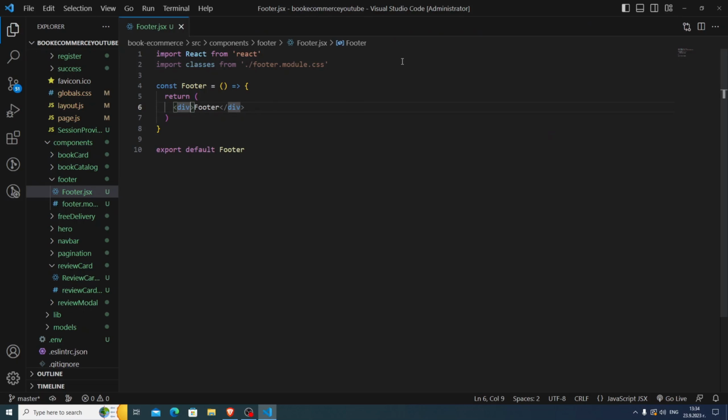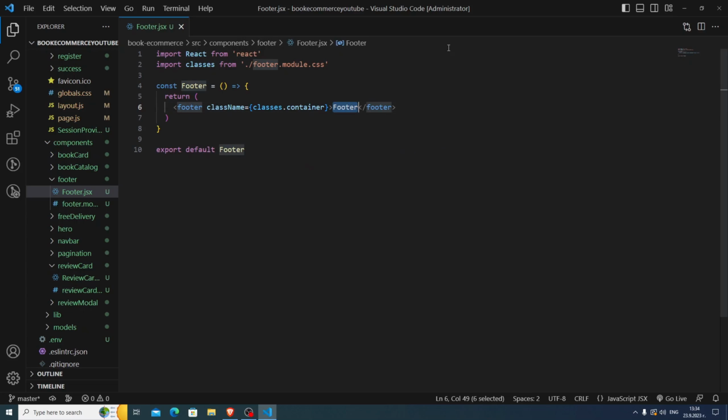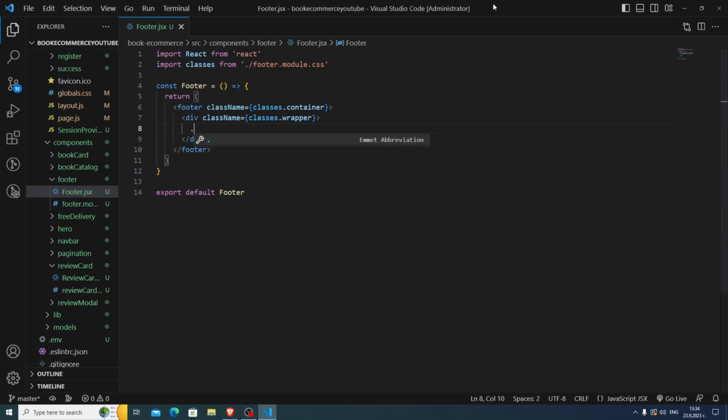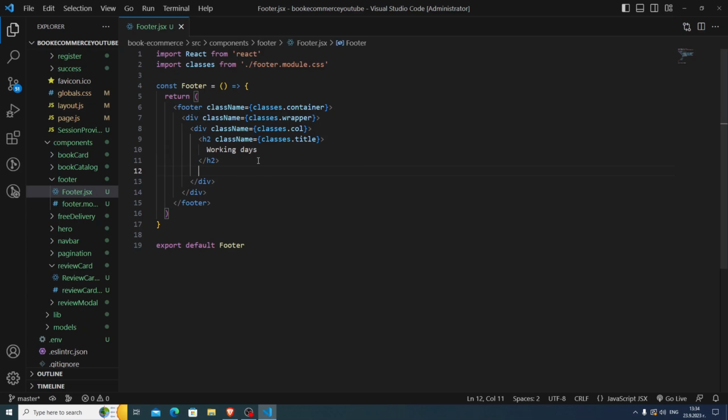So here footer is going to have class name of classes dot container. Then I'm going to have here classes dot wrapper and then classes dot column. And then h2 is going to be classes dot title, working days. Below that I'm going to have UL with the classes dot list here, and it's going to be Monday,